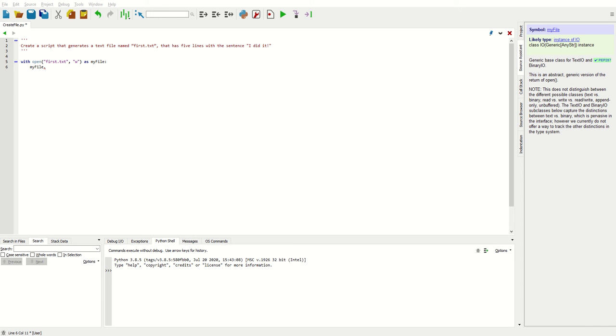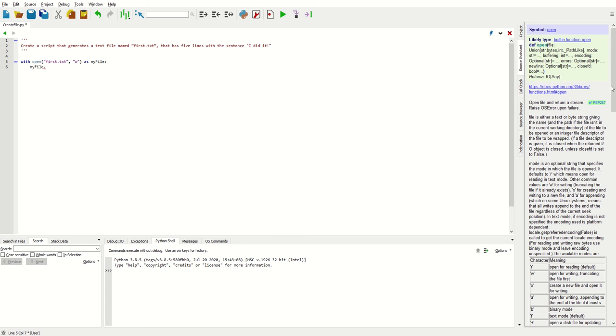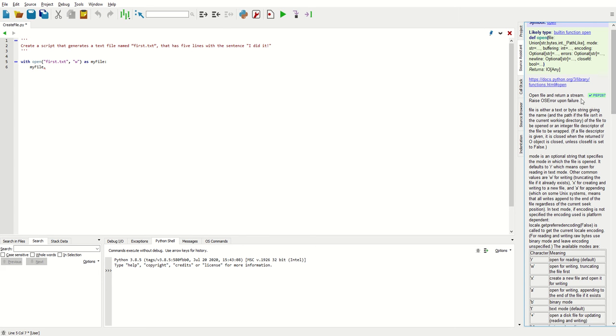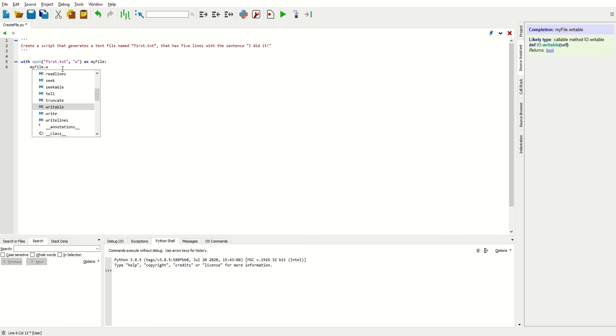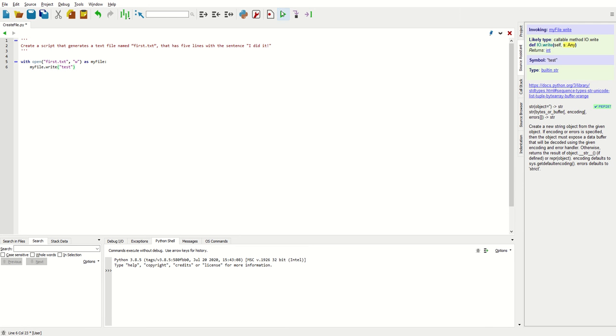There are several keywords that we can use, and you can learn more about this function by clicking on the link that appears in that description there. To write to the file, the keyword is going to be write, and I'm going to just insert the sentence test, and if I execute this,